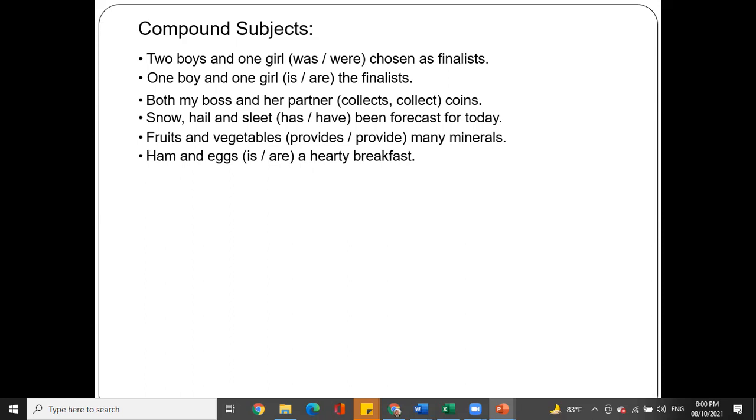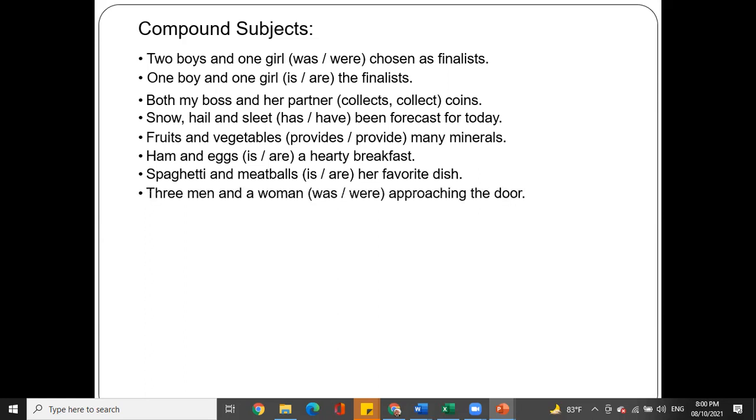Ham and eggs are a hearty breakfast. You know, you can also use "is" because ham and eggs is sometimes termed as a single dish, right? Like spaghetti and meatballs is our favorite dish. So it's possible you can use "is" for that as well. All right. Three men and a woman